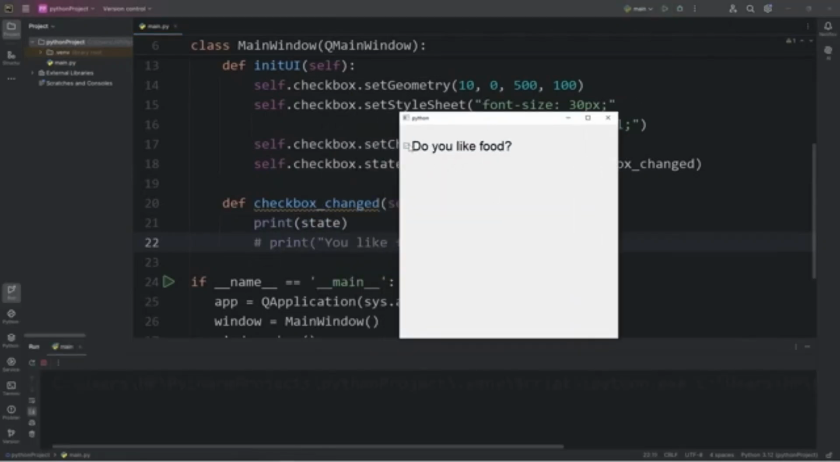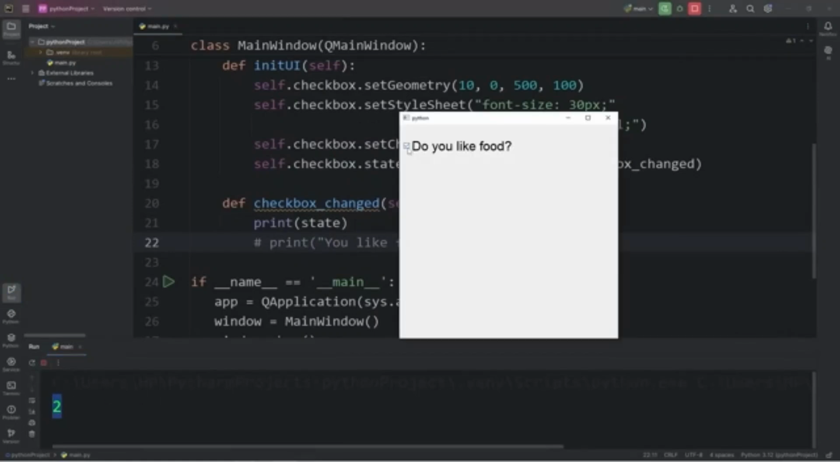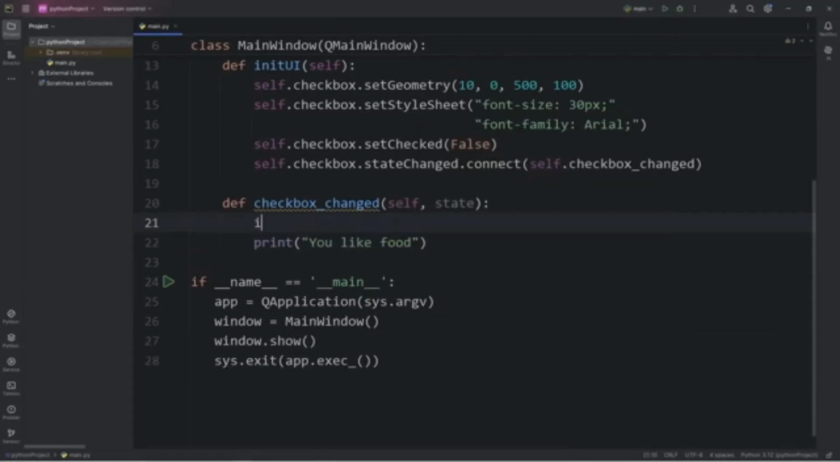When we check the checkbox, our state has a value of 2. When we uncheck it, it has a value of 0. 0 means unchecked, 2 means checked. There's also 1 for partially checked, but that's not going to be relevant to this topic. So 0 or 2. We could add an if statement such as if state is equal to 2, then print